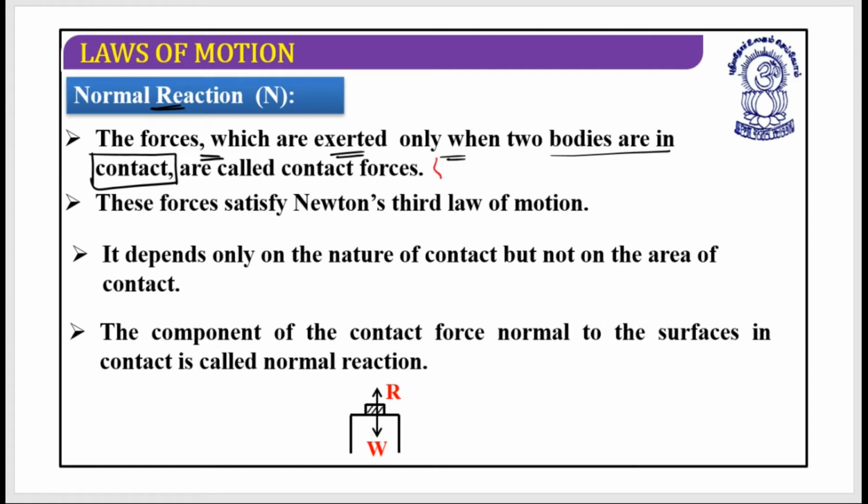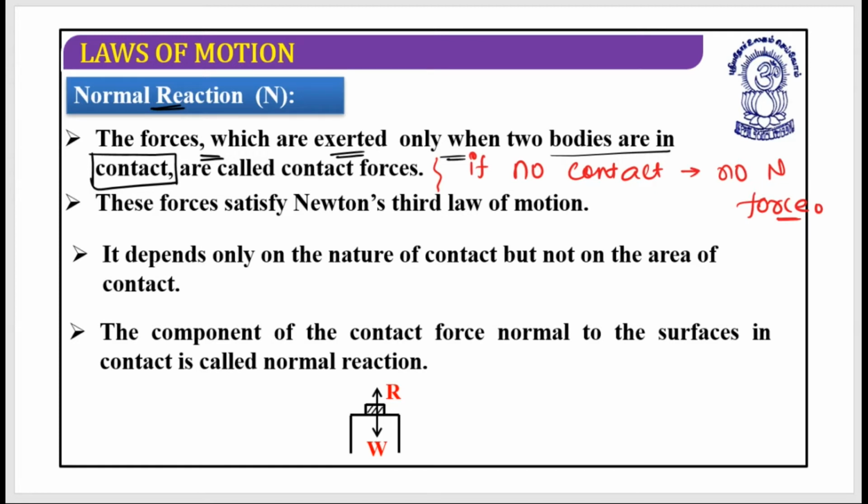It means if there is no contact between bodies, that means no normal force. If two bodies are not in contact, no normal force would be acting between them. But if two bodies are in contact